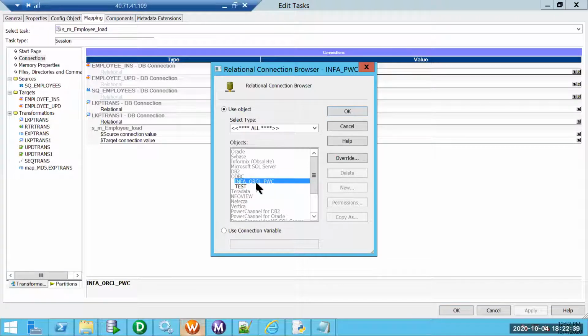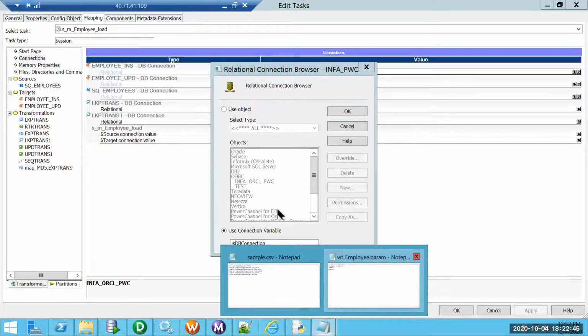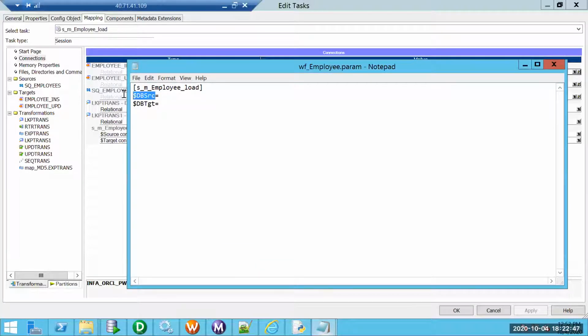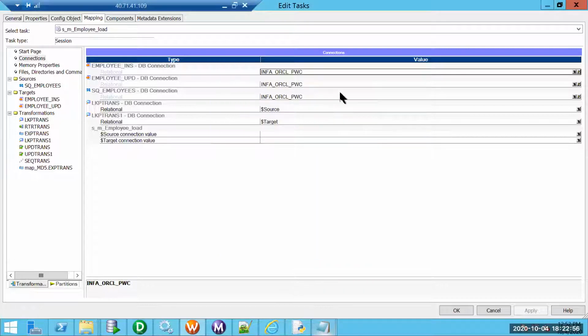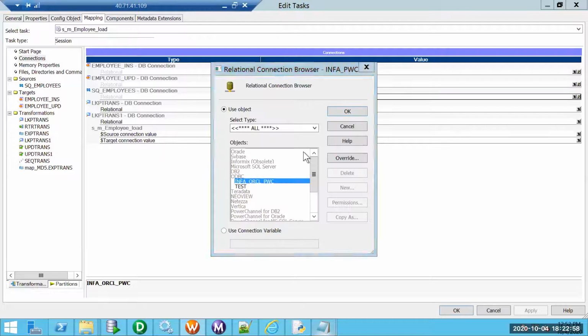So instead of using infa_orcl_pwc, I will say $DBConnection_source. What was that? This is target, right? So let that be like that.